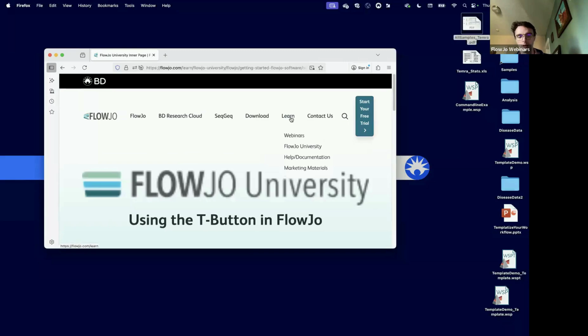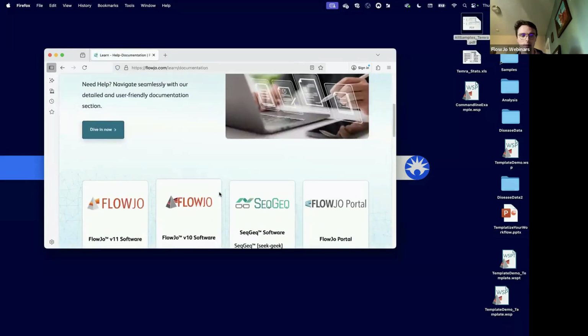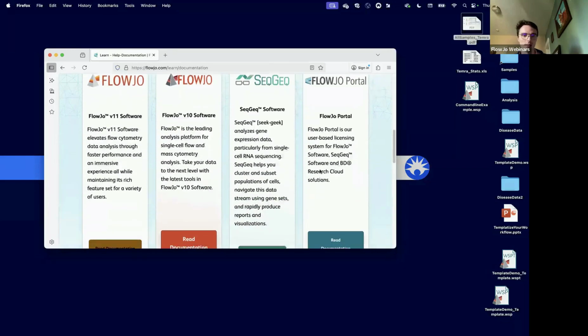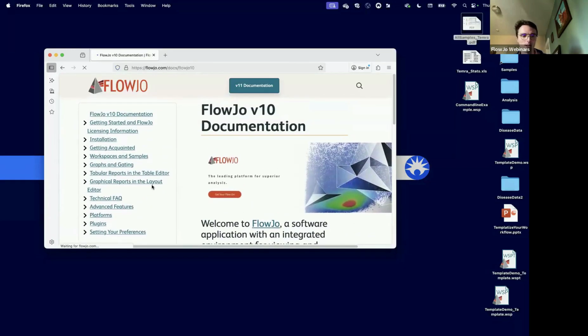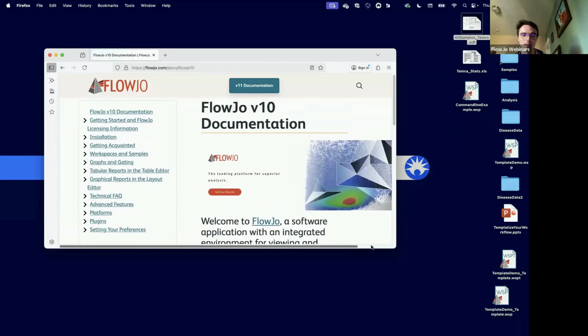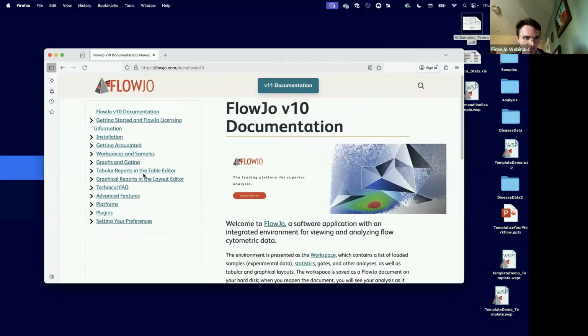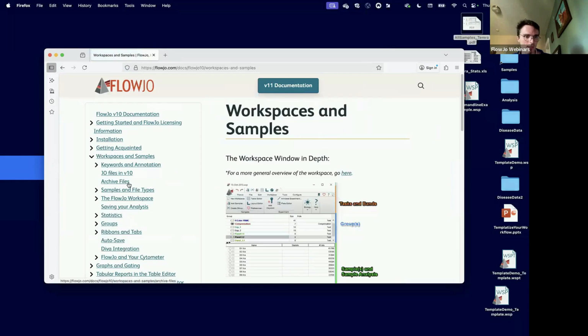You can also go to Learn and go to our help documentation. Our documentation breaks up by different software, but if you go to FlowJo 10, we have detailed documentation. And so if you wanted to dive more into templates, let's say,